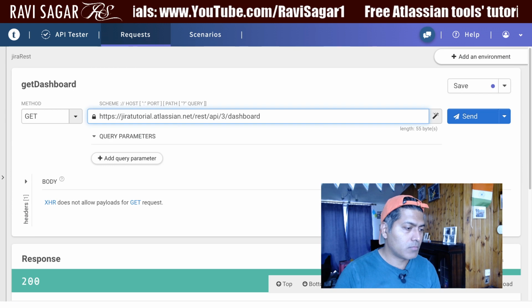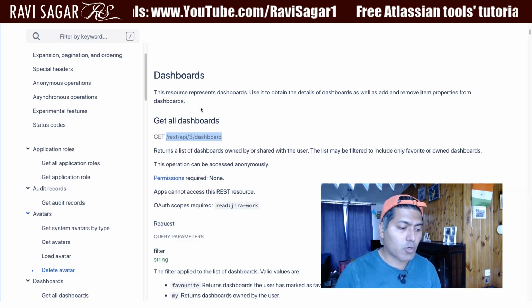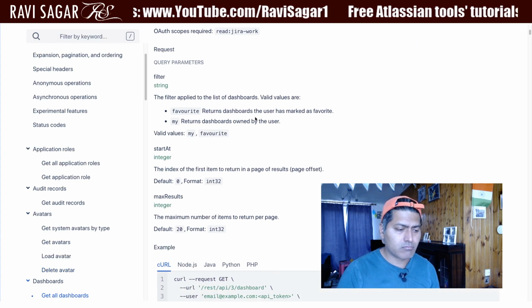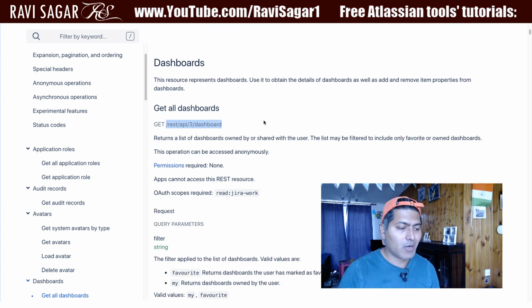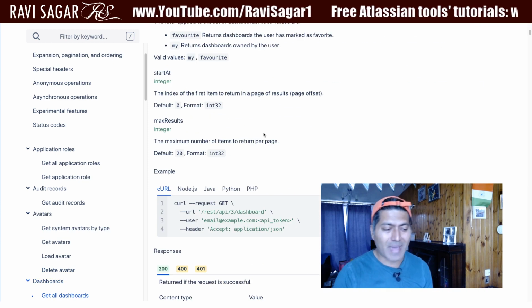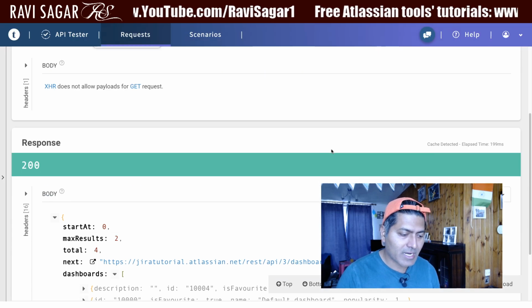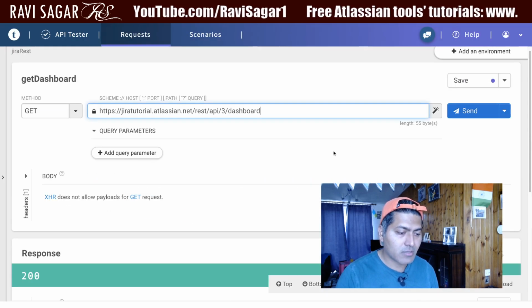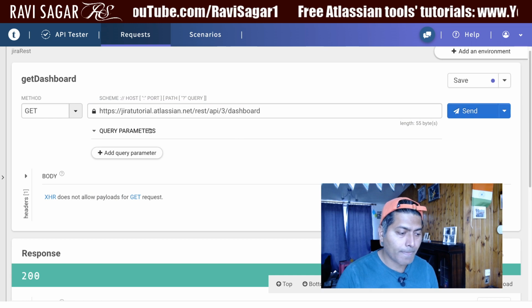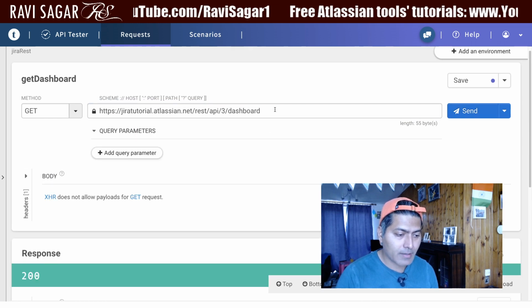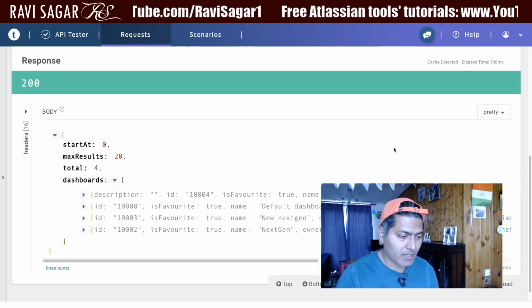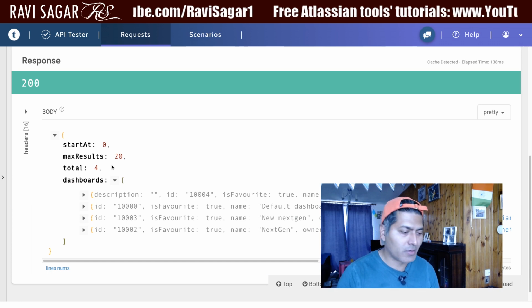Like if you go to the reference document here, you will find the information about these aspects, like all the parameters that you can pass. And let us take a look at the JSON file here. So this particular JSON file, if I try to maybe remove my, okay, so now we have all the 4 dashboards.